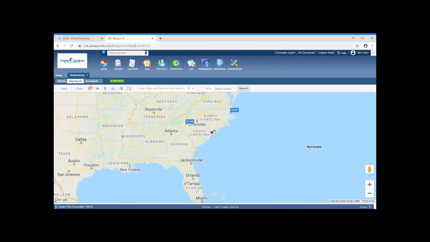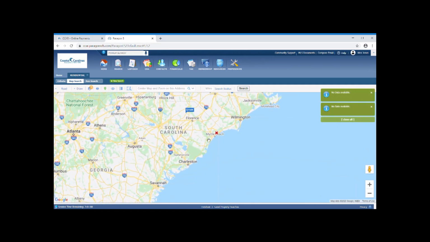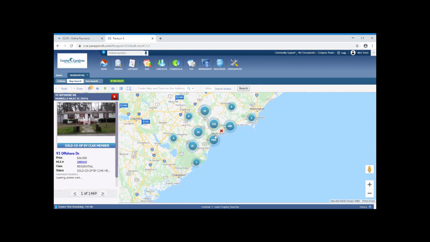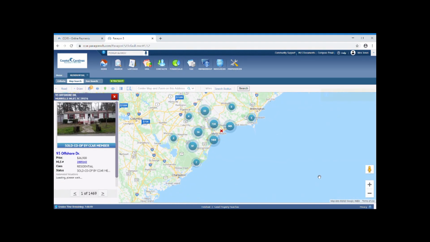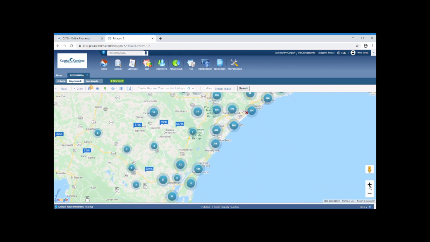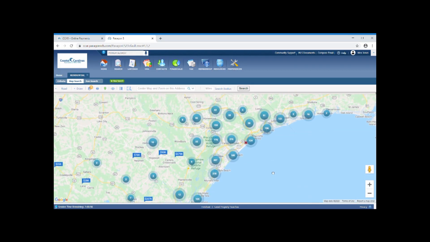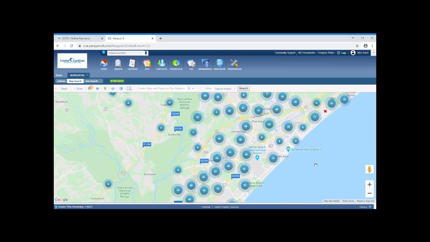And I just zoom in on the area that I'm looking for. So I know Market Common is right here by the airport. There's Faro Parkway, so I can use my tool